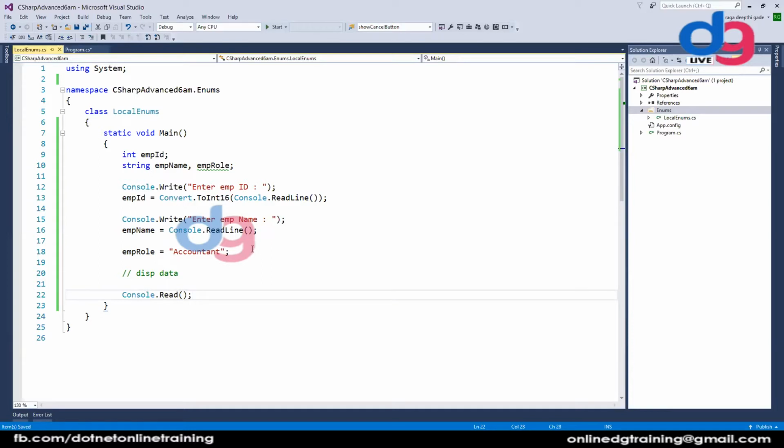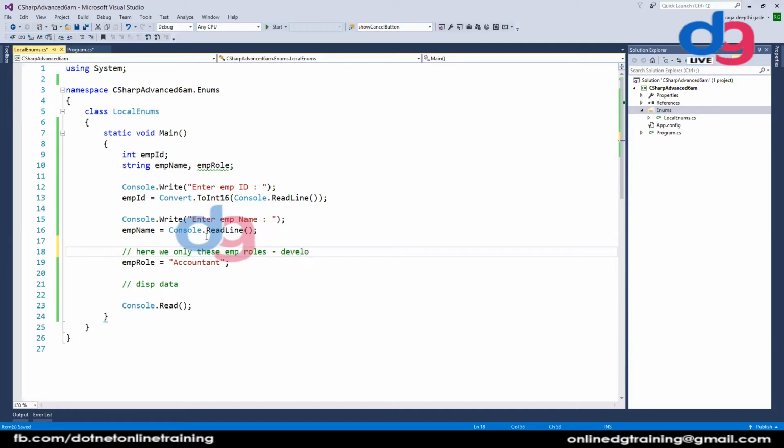Now in this scenario, let's assume these are the only roles that we have in our company: developer, designer, tester, analyst, something like this.